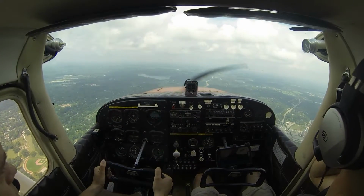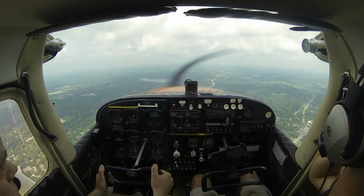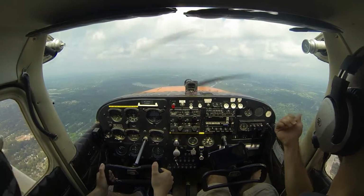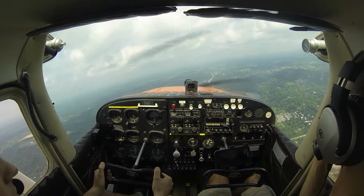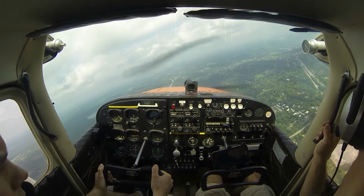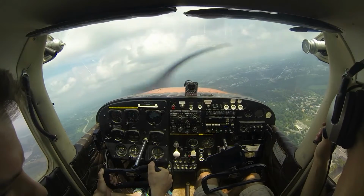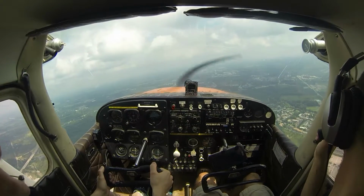There's a ton of people out kayaking and stand-up paddleboarding today. Have you ever seen those things, the big surfboards that they paddle on? On the Huron, they're out there? Yeah, and go ahead and make a little right turn here. Holy crap, there's a ton of them. Yeah, there are. Wow. They're all going through the little rapid chute things. It looks like fun. Not as fun as this, but...